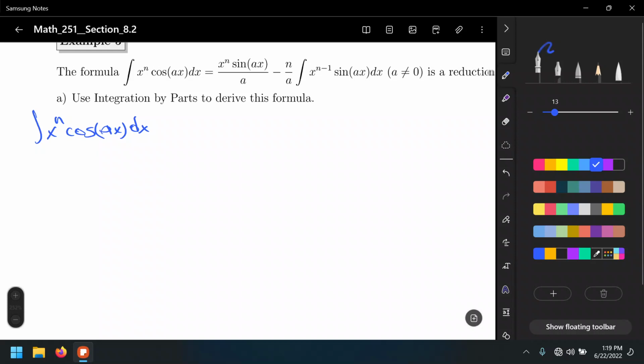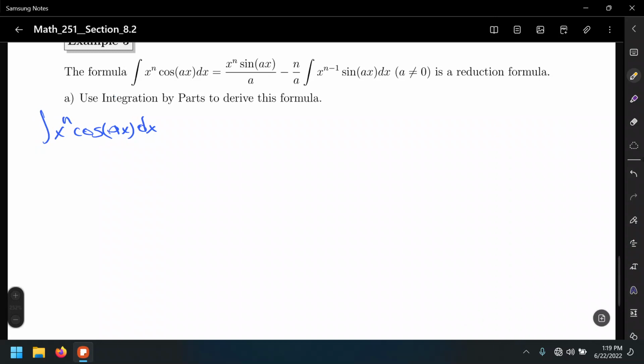To set up the parts, again, we rely on the LIATE acronym. So let's start with the L. L, logarithmic functions. Do we have any? No. I, that's for inverse trigonometric functions. Do we have any? No. A, algebraic functions. Do we have? Yes, that's the x to the n. So that's u equals x to the n, and the dv would be the remaining part, that is